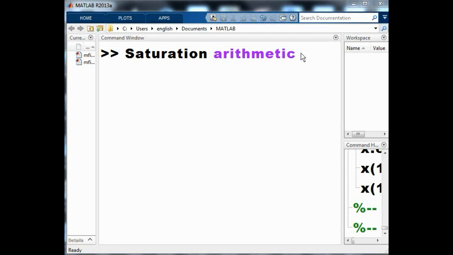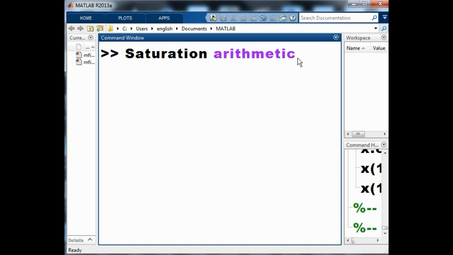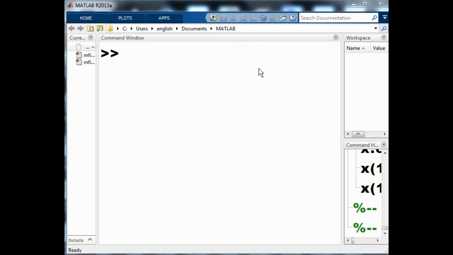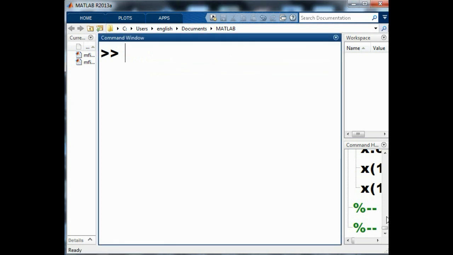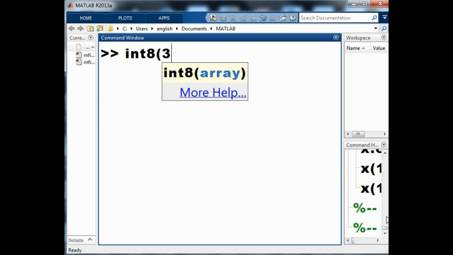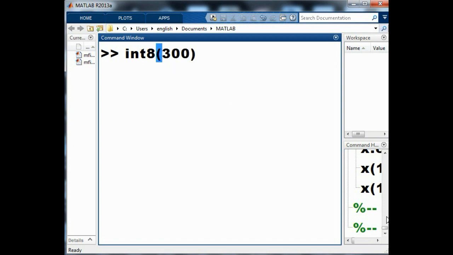Saturation arithmetic. That's a type of arithmetic in which all operations must fall within a fixed range, that is, a minimum and a maximum. Within Matlab, such constraints are possible. If you take, for example, int8 and you feed it the value 300, you're going to get the maximum value you can put into an integer of 8 bits,